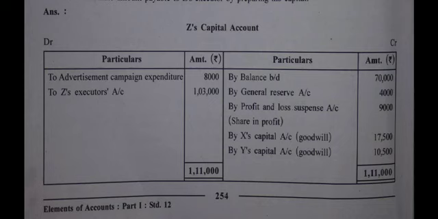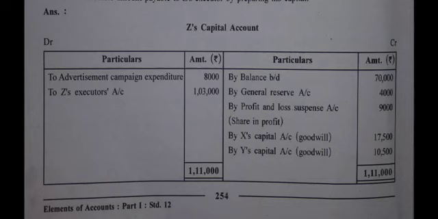There was the last point in each topic, or else in deceased partner's capital account, the last point on each side. If it is loss, then on debit side. If it is profit, then on credit side. I repeat, in deceased partner's capital account that we have understood in the previous lecture, the last point that we have written on debit side as well as on credit side is this concept. For better understanding,